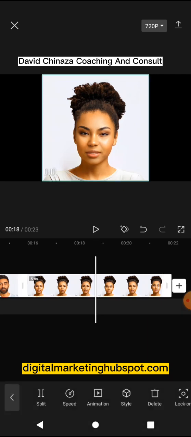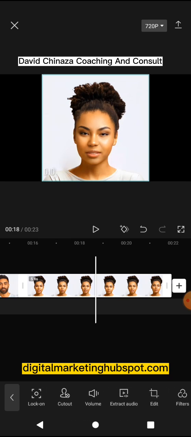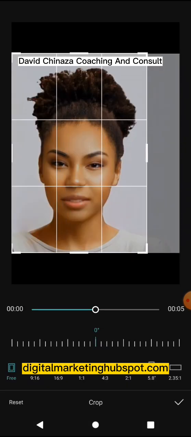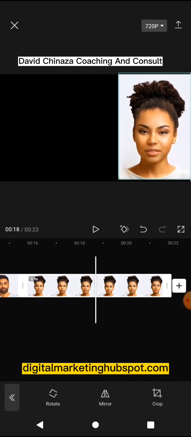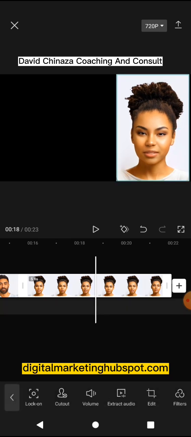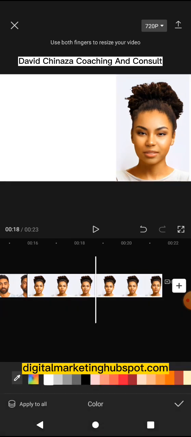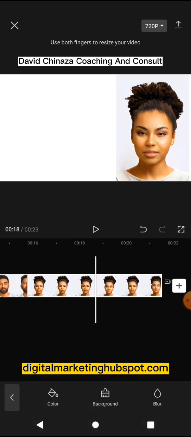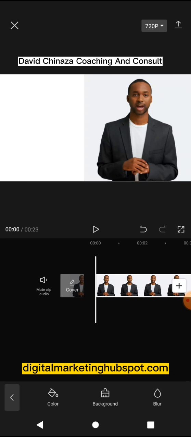All right, for the last one, we're going to do the same thing. Okay, you tap on the clip, you scroll, select edit function, select crop, okay, crop out this watermark, crop this side too to give it fitting. Click on the good icon, you can drag it to the right, okay? Then you go back, canvas, color, white. All right, so we have achieved the first step, okay? So the next step is to